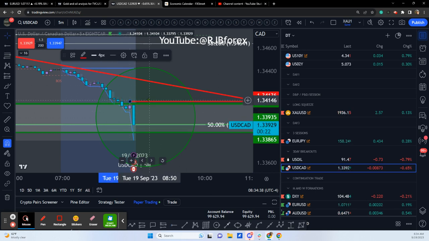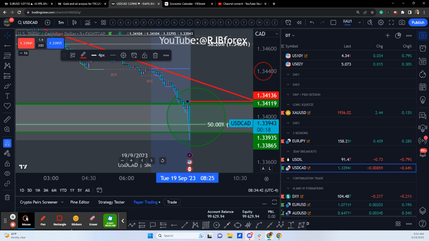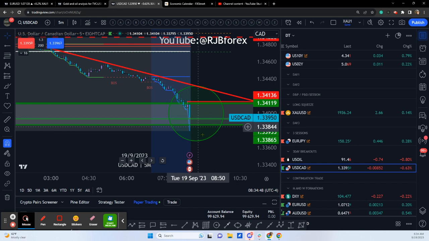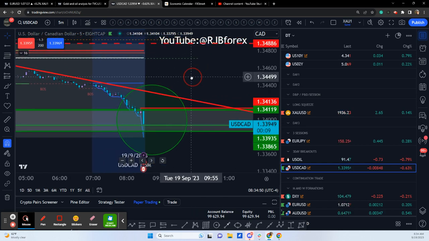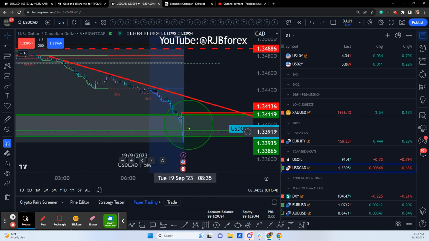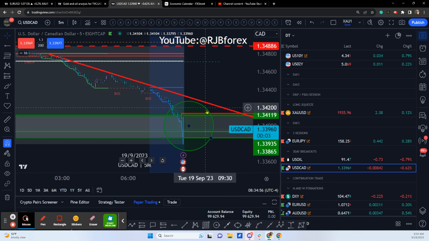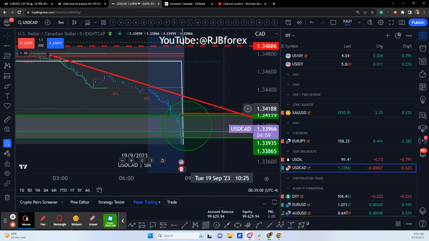Looking for a break in structure. So accumulation. And at that point, we can start. I mean, as it stands at the moment, that's not to say that we can't have lower lows. Of course we can. But at the moment, looking for a break of 134.13 and then prospects of a bullish structure for us to lean against to go long.